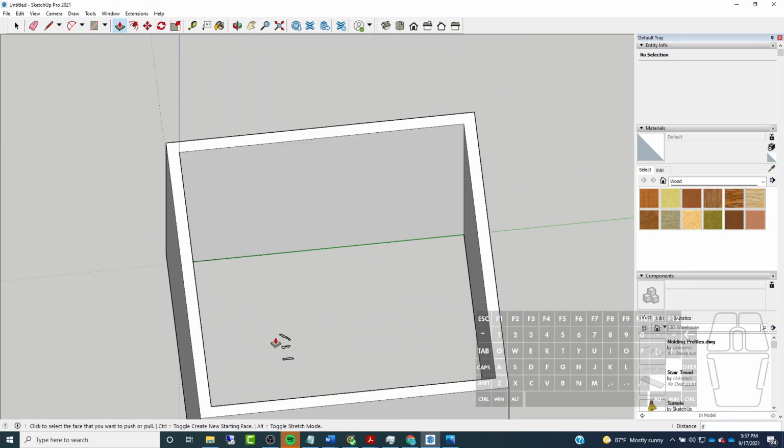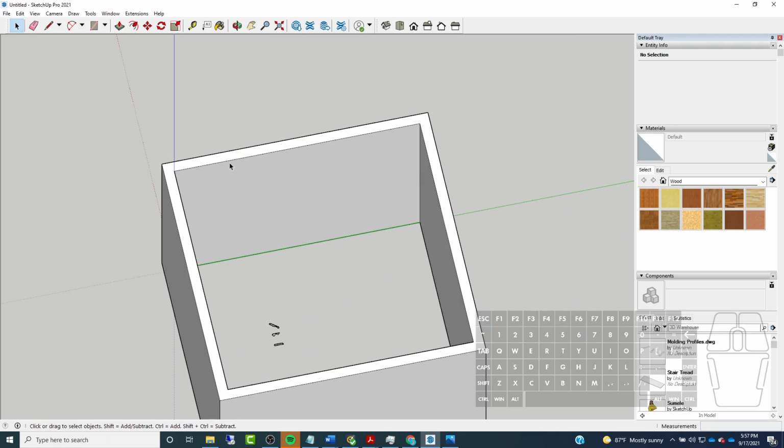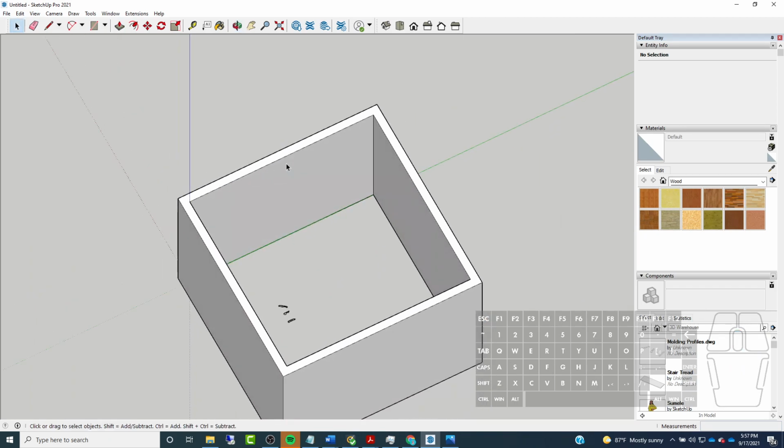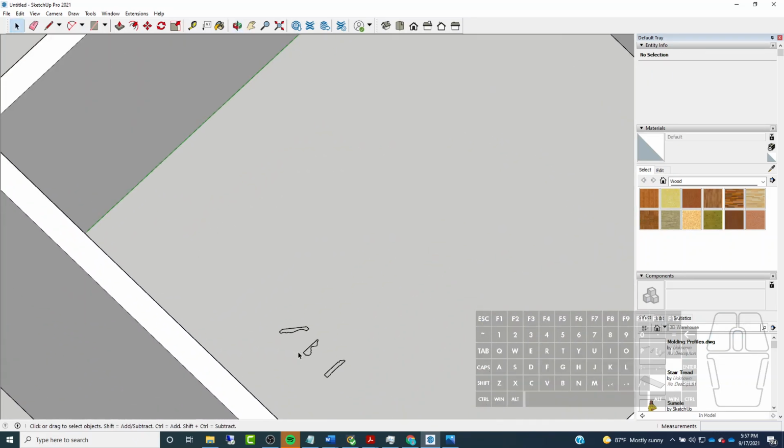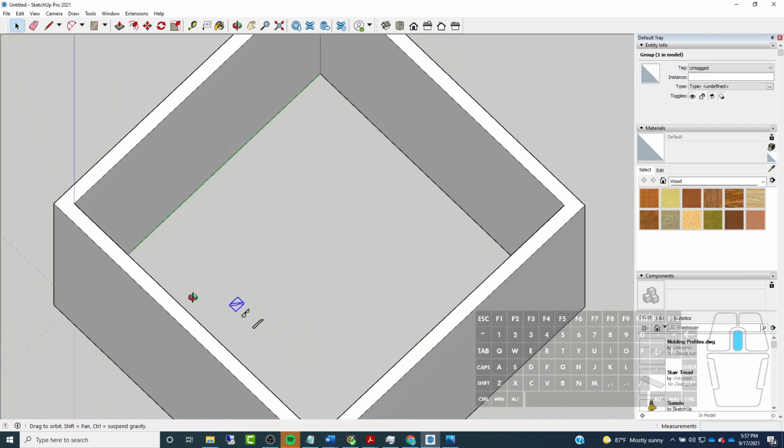And I want to put baseboard around the bottom, and I want to put crown molding around the top. So next, what I need to do is triple click on this to select everything, and I need to group these together as walls. So I'm going to make a group, and these are going to be walls. Then what I'm going to do is move my profiles into the correct location. So I'm going to start with my crown molding,